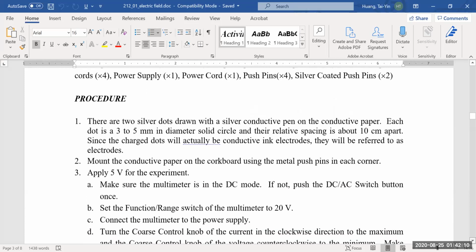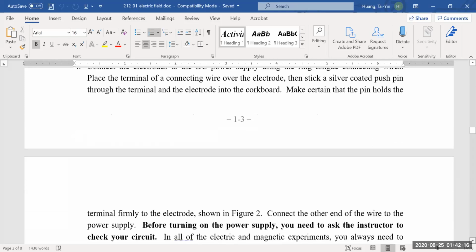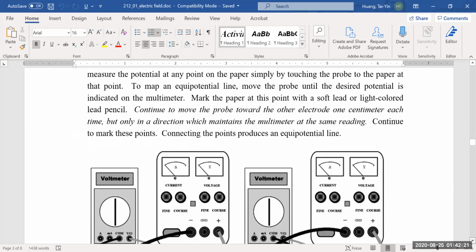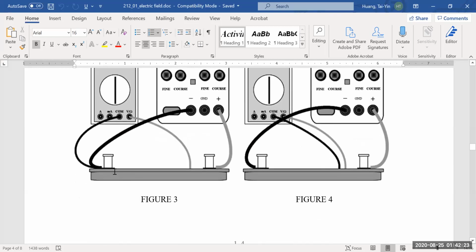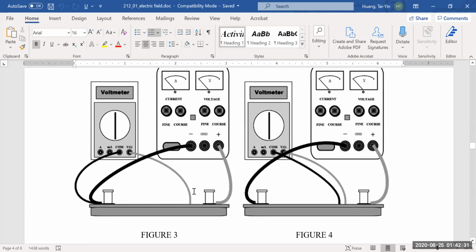then you will be given two power sources, and it will be arranged like this. You will have the two electrodes, and then this power supply. The negative is going to produce in reference to the positive. So this is the negative end, and this is the positive end. We're going to turn on the power supply and then maintain the potential difference between these two electrodes. So this is equivalent to having a negative charge here and a positive charge there,